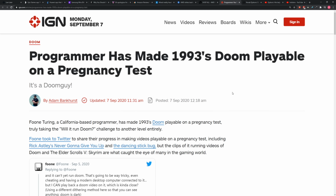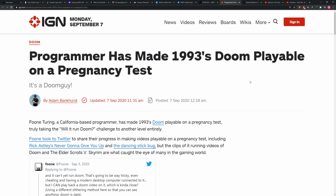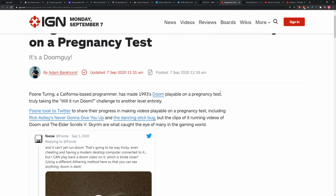You showed me this one. Programmer somehow makes Doom playable on a pregnancy test. So somebody challenged this guy to, for some reason, pregnancy tests had come up on social media recently. There was a viral post about how expensive they are when they're really sort of dumb technology. I don't know if this is in any way related to that, but somebody challenged this Twitter